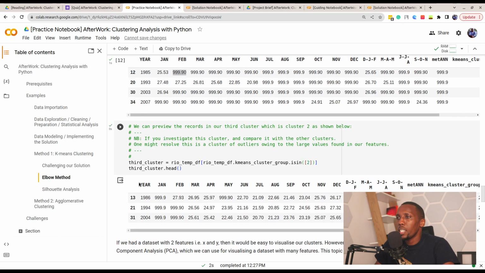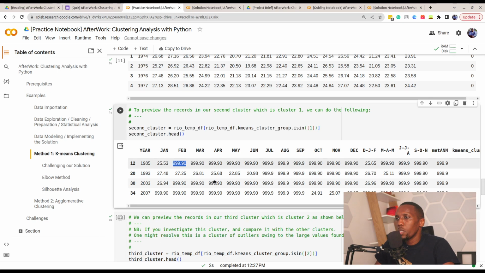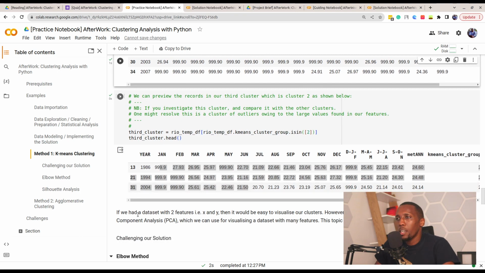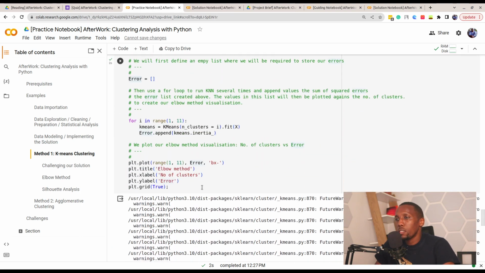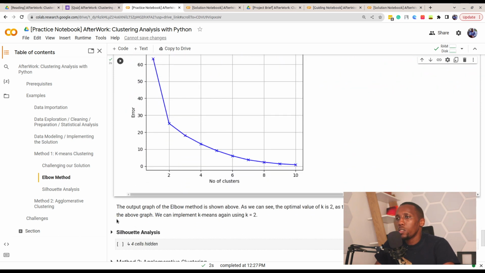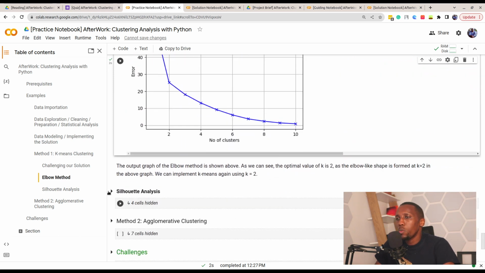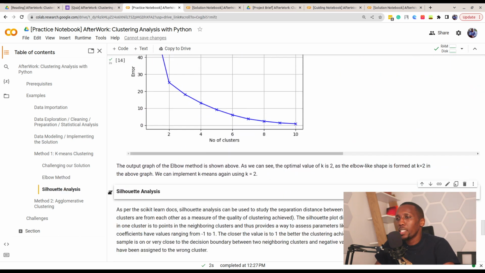So I would think that these records would actually be grouped together with these records. But again, that is something that you could determine with just domain expertise. So that's one approach. The second approach would be to perform what is called silhouette analysis,